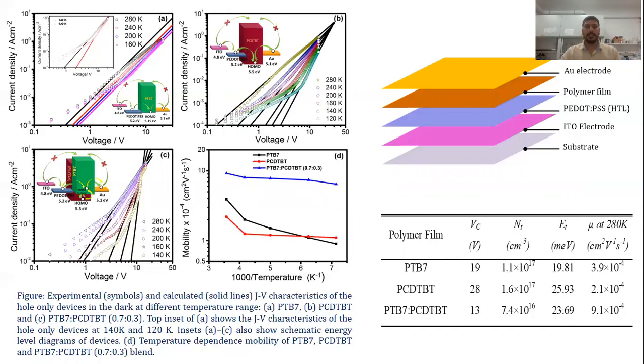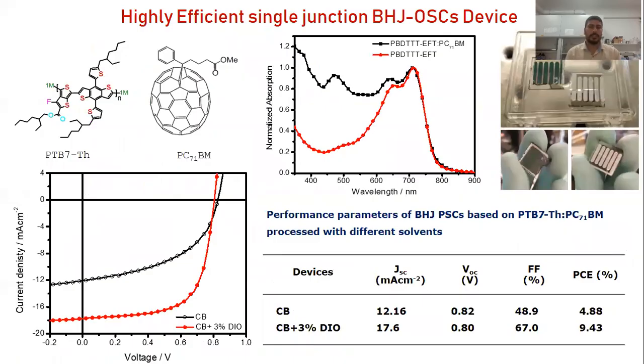So this calculation of the mobility and the trap densities occurs when you measure your characteristics in the dark. Suppose you measure your characteristics in the presence of light, how can you investigate that and calculate the value of exciton generation? We will learn that further. Here you can see this is my device, a highly efficient single junction. I have achieved an efficiency of about 9.43, and we will learn from these curves how we can calculate the exciton generation, exciton dissociation, and charge collection probabilities.